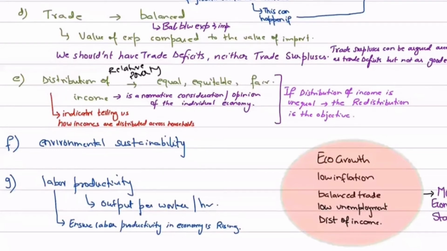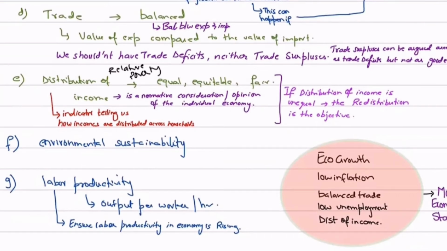Because why on earth is your economy in such a pathetic condition that people cannot even afford basic food? Why is it that the poor person cannot afford even one meal for himself? Because it is indicating that he cannot get jobs because of no education. So again, we see that there are people who are extremely rich, who can afford all the universities and all the luxuries, and then there are people who can afford nothing at all. So this is an indicator of relative poverty, and it is an indicator that the distribution of income in society is unequal. And this is an indicator that your economy is not performing well.